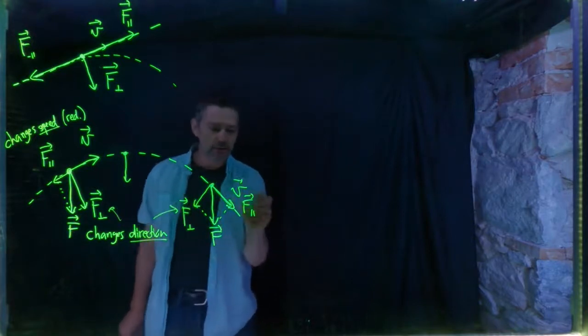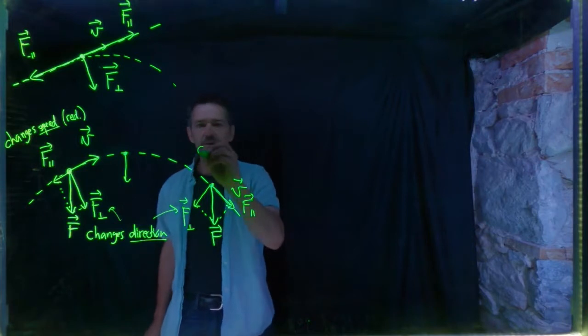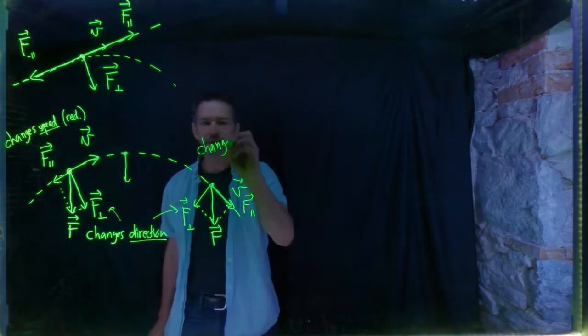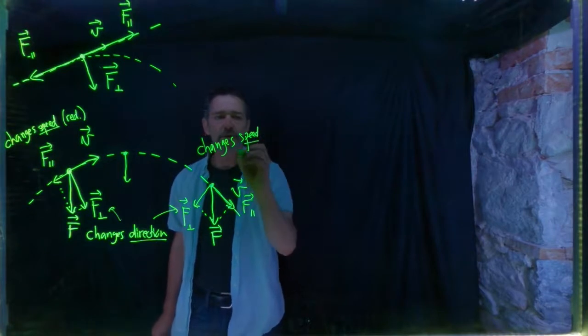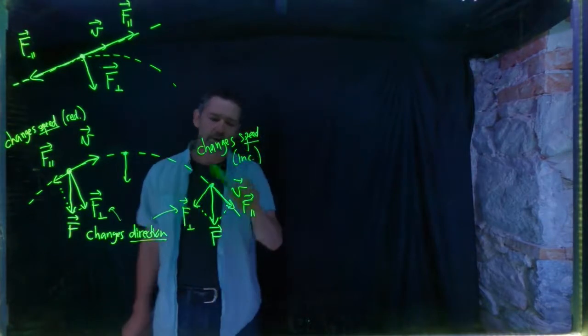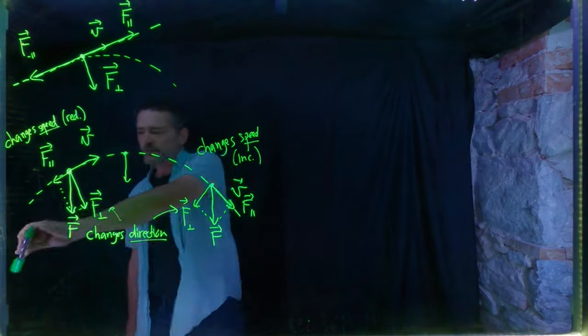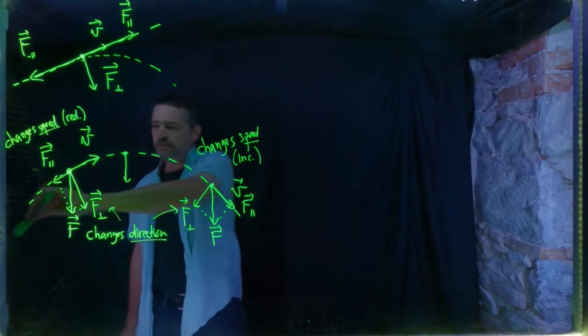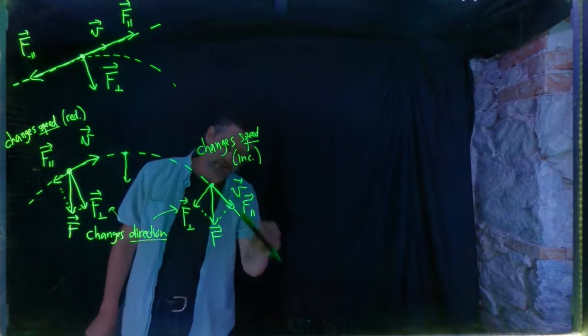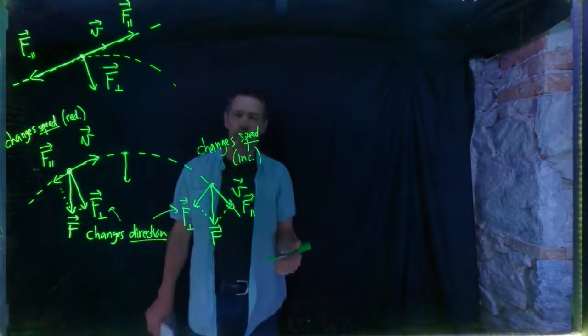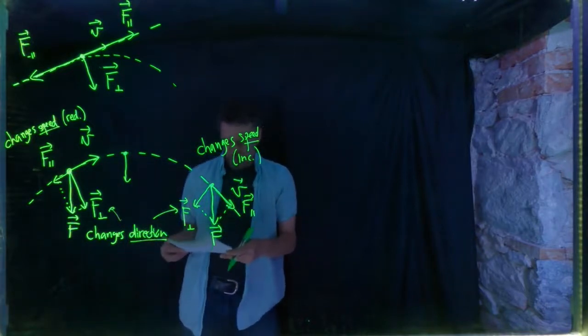Okay, and then this component of the force, F parallel, changes the speed or the magnitude of the velocity. In this case, it is increasing the speed. So on the way up, the speed is ever decreasing, slower, slower, slower, slower, reaches minimum speed here, and then the speed ever more increases on the second half of its trajectory. Okay, so the point is that